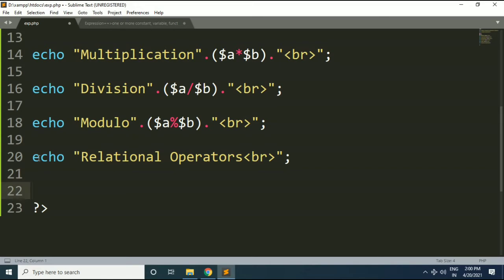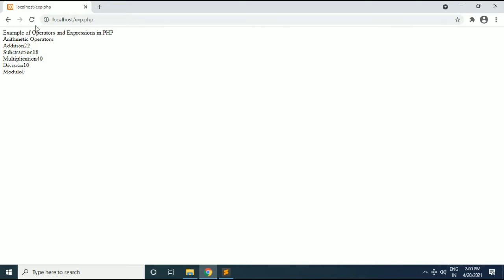First, we will print the result for the equal to operator. I will write var_dump, and here I will write the expression $A == $C; with a semicolon. Let's see this result. $A has value 20 and $C also has value 20, so this statement will result in true. We move to the browser and refresh the web page. You can see we got the output, the result is true.